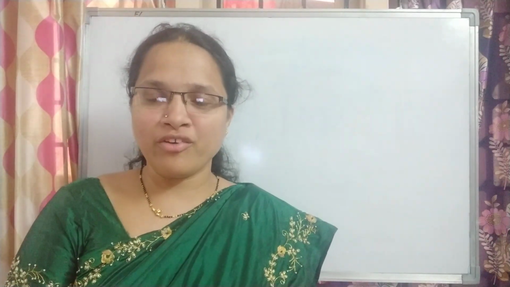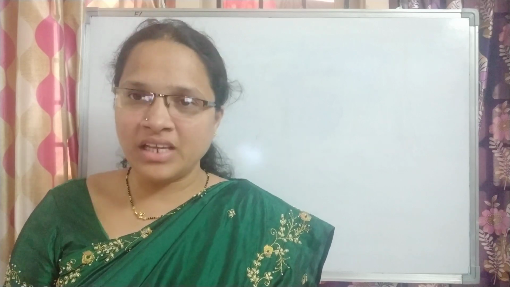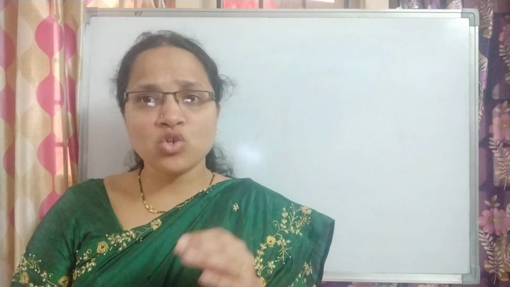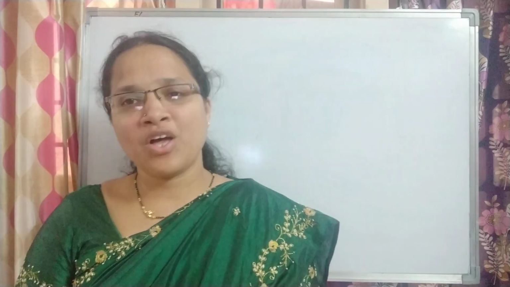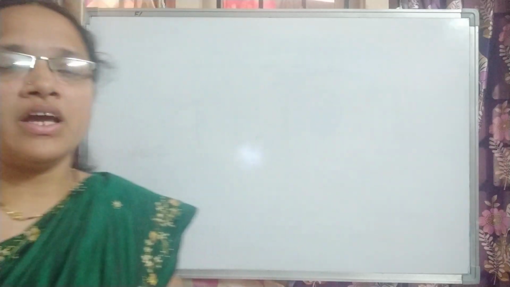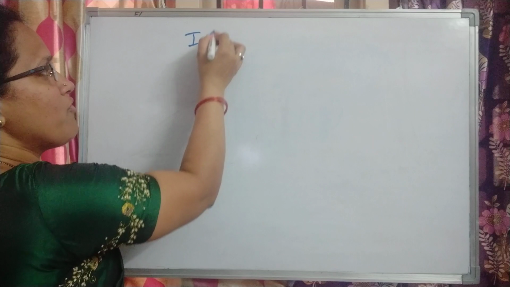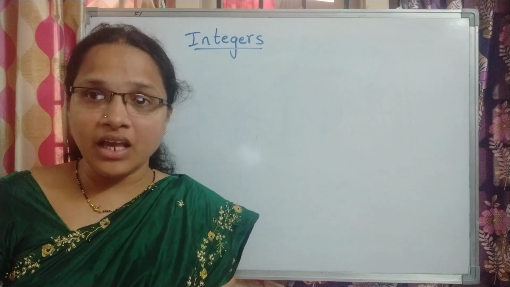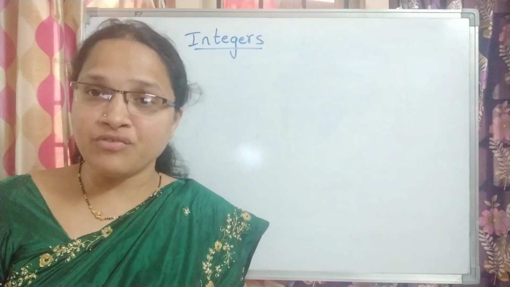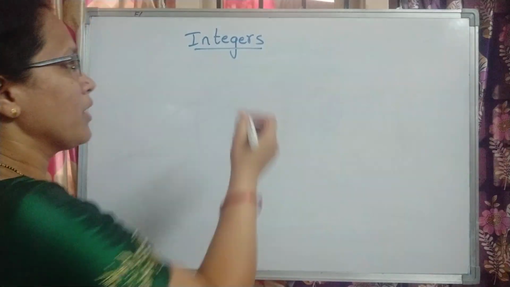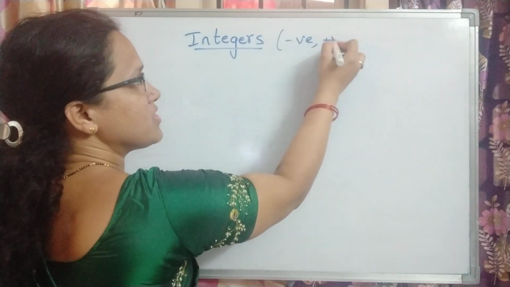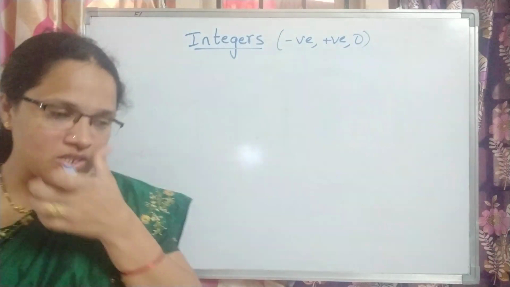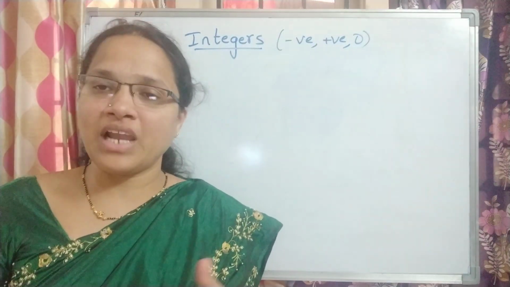So I'm here again, back as in the last previous video, where we are dealing with chapter 1 from class 7: integers. Did you understand the definition of integers? Let us recall it once again. Integers are nothing but a set of numbers which contain both positive and negative numbers along with zero. Altogether they constitute integers. This was the definition explained in the last previous video.